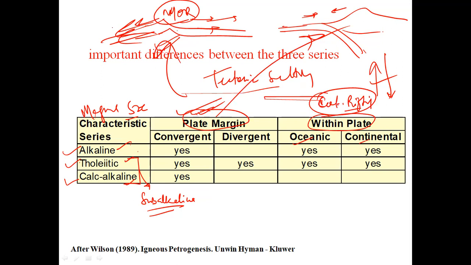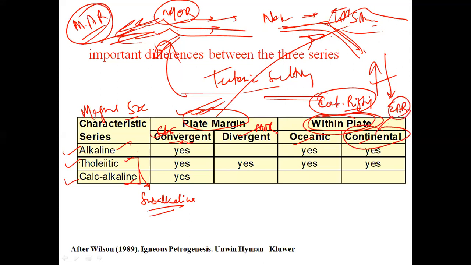So suppose for MOR का example क्या है? Mid Atlantic Rift today in the Atlantic Ocean, and the best example of subduction zone is your Nazca plate is subducting below the South American plate. Okay, and you will get Chile, Peru, and Andes Mountain. ठीक, तो प्लेट मार्जिन की बात करते हैं, कन्वर्जेंट एंड डाइवर्जेंट। तो डाइवर्जेंट MOR हो जाएगा और ये सबडक्शन हो जाएगा कन्वर्जेंट। विद इन प्लेट भी होता है, बट इट इज योर कॉन्टिनेंटल का बेस्ट एग्जांपल क्या है? ईस्ट अफ्रीकन रिफ्ट, और ओशियनिक प्लेट का ओशियन में बहुत जगह रिफ्टिंग हो रही है।